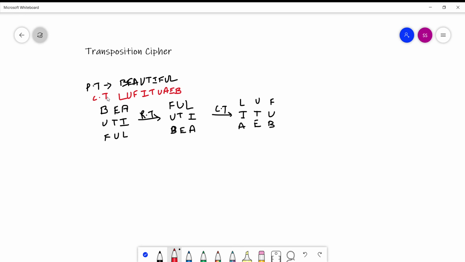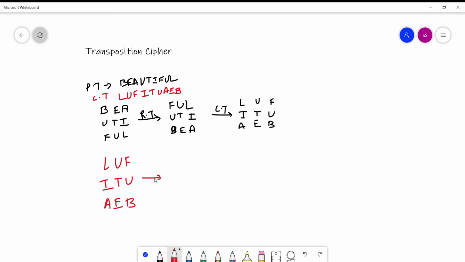Now if you want to decrypt it, you have to do the row and column transformation again, in reverse order. So first you have to do column transformation, then you have to do row transformation. So my ciphertext was LUFITUAEB.